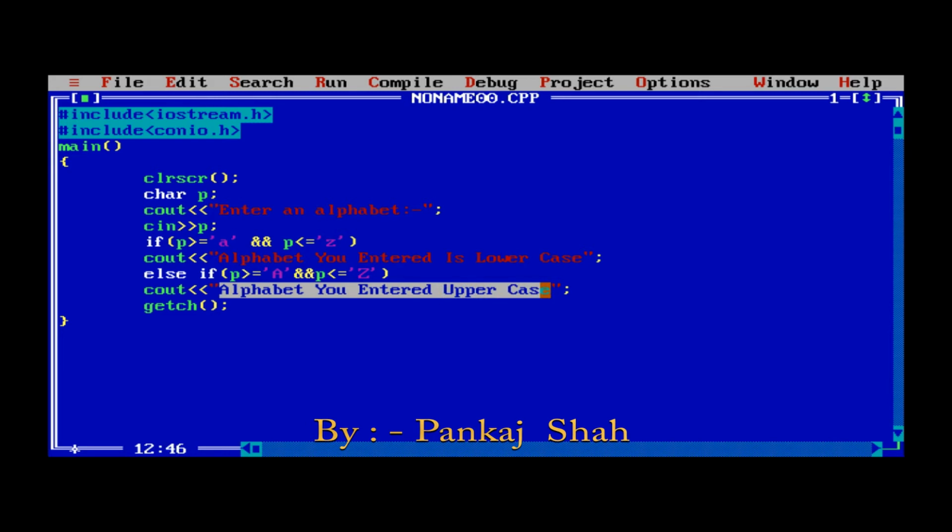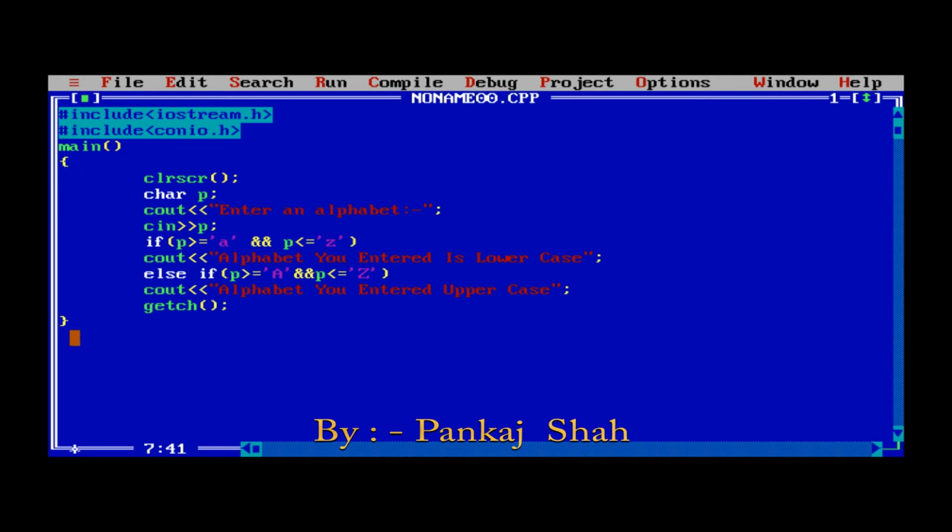Okay, you can see here after each and every statement I have written a semicolon. Semicolon indicates the termination of each and every line. After all these statements we have to write getch. So what is the importance of getch? I already explained in my previous video, so please watch that video if you want to know the importance of getch. After getch, write a semicolon and then close this program with the curly bracket. So you can see the opening curly bracket and closing curly bracket carefully.